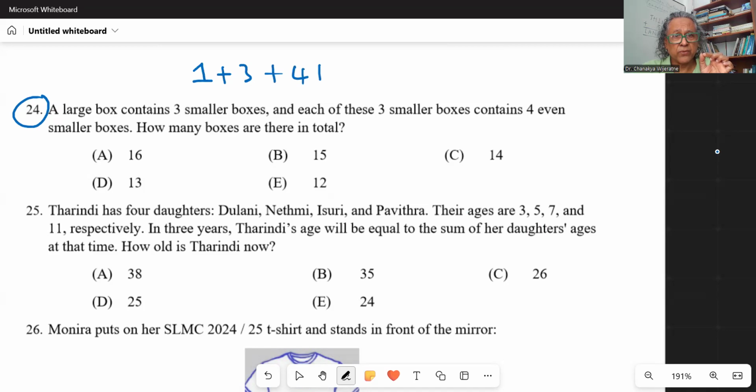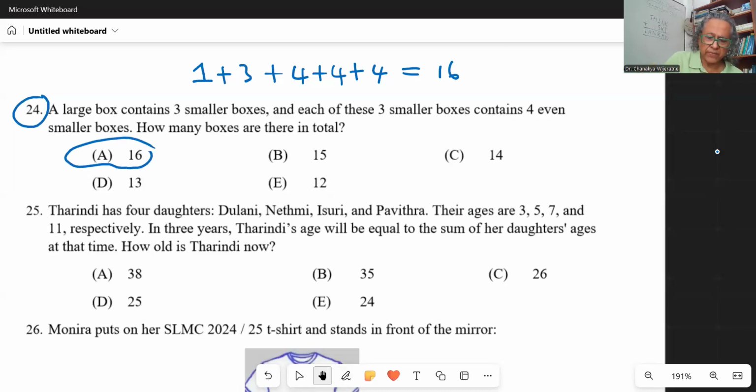So in each of these 3 small boxes, 4 even smaller boxes. So altogether, how many? We have 16, right? So you need to count correctly, right? Okay,